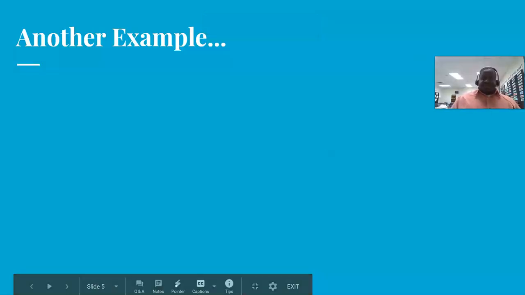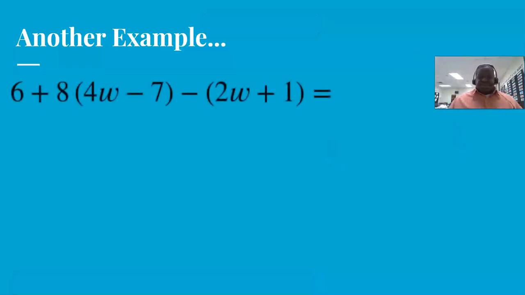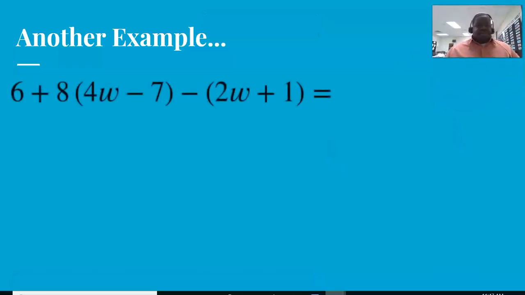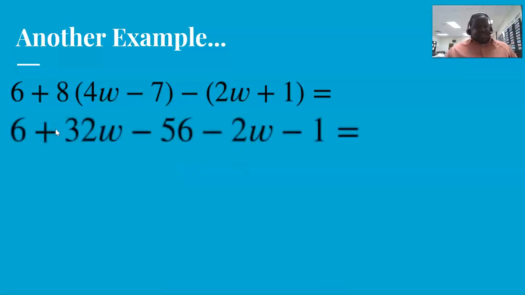Another example. So we have 6 plus 8, parentheses 4w minus 7, minus 2w plus 1. So like we said before, that negative 1 on the front, that means we're going to use that on that entire quantity, and it's going to change those signs behind that. So when we look at that, we have 6, parentheses 6 plus 32w, 8 times 4 is 32w, 8 times negative 7 is negative 56, negative 1 times 2w is negative 2w, and